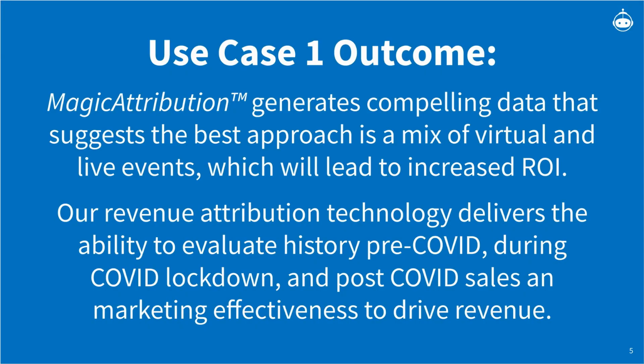As you can see, with MagicRobot's Magic Attribution, companies can make decisions based on data rather than hunches. In this case, the data suggests that the best approach is a mix of in-person and virtual events. In fact, taking this approach will lead to an increase in ROI across the company, something they would not have been able to determine without Magic Attribution. Having the ability to look back and see historical data allows them to compare apples to apples and make an